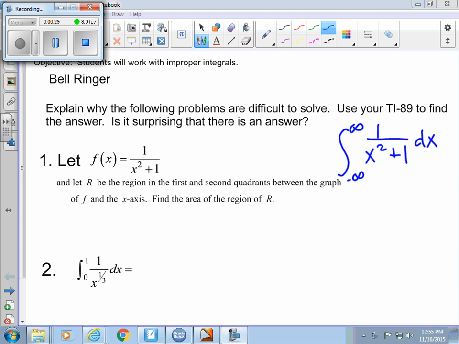slightly surprising because we just found the area of an infinite region, which should be a little, wow, we can do that, right? That's weird. And then number 2